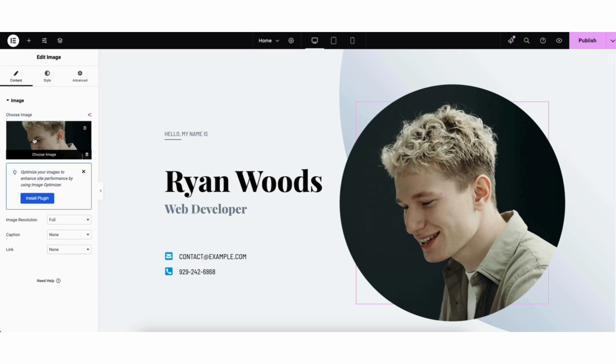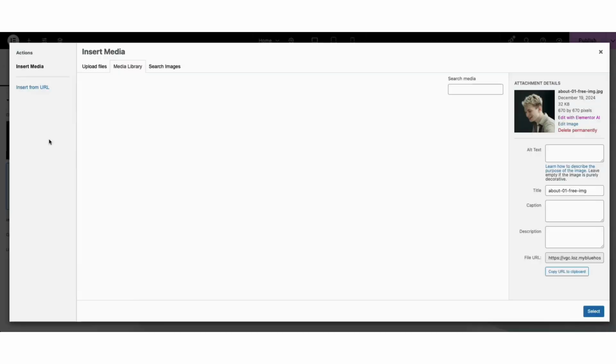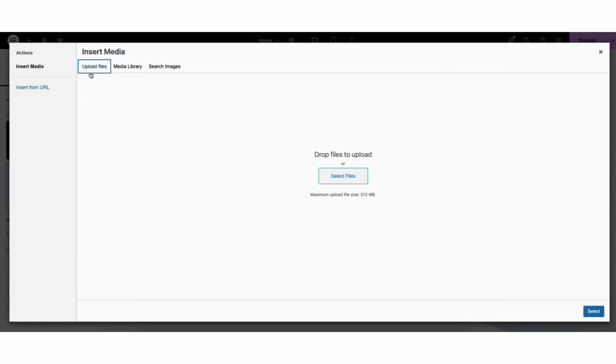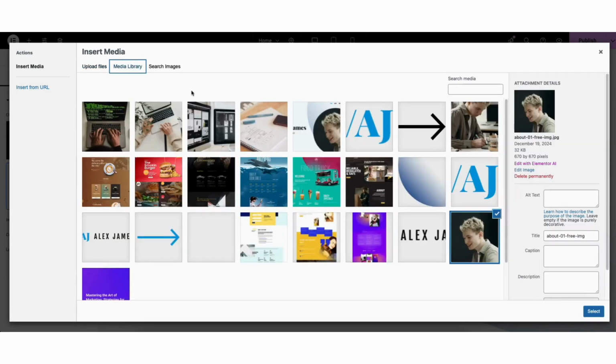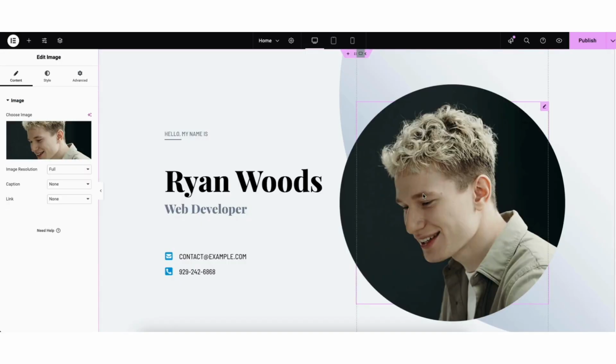If you want to add or remove an image, hover over the image showing here. If you click the trash can icon, you can remove the image. If you click into the image, you can now upload an image where it says Upload Image, or choose an image you've already got uploaded into WordPress by selecting Media Library. I'll select one I've already uploaded. I'll click the Select button. You'll see the image has been added to the page.